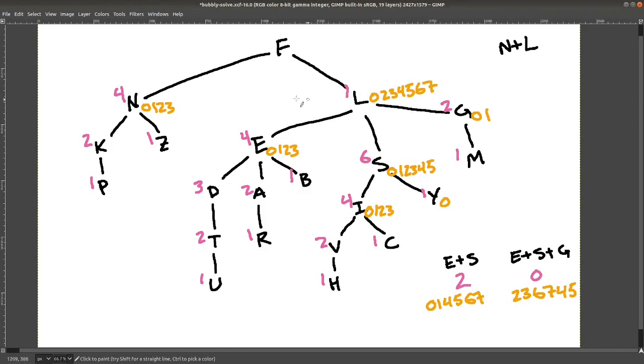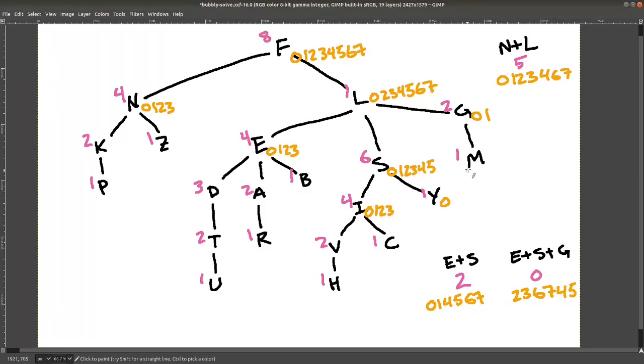All right, N plus L, 4 and 1 is 5. Okay, oh, here's that trick. 1 combined with each of the numbers 1 through 3 gives you the numbers 1 through 3 in some order. 4 combined with this will be 4, 6, 7, 0, 1, 2, 3. Okay. F, which contains this, will have 0, 1, 2, 3, 4, 5, 6, 7,